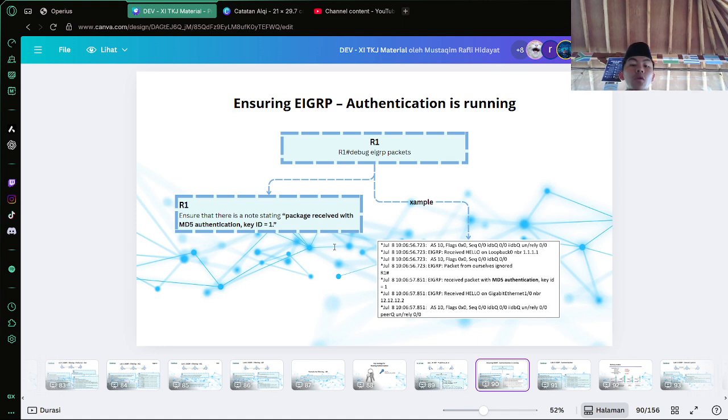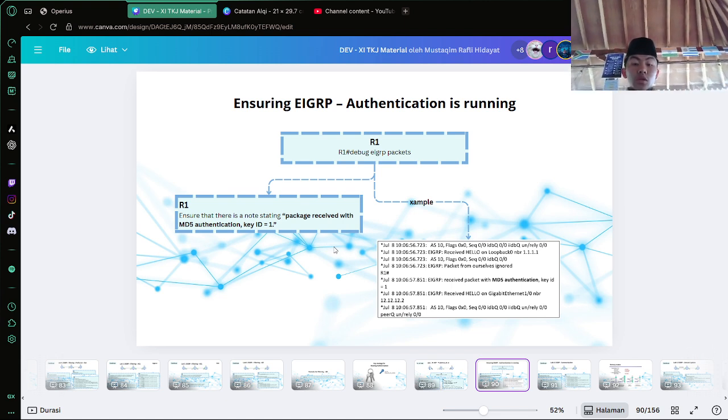This configuration is applied to the router's interface, where EIGRP packets are sent encrypted using MD5. The receiving router uses the same key string to decrypt the packet. If the key strings do not match, the authentication fails and the routers will not form a neighbor relationship.